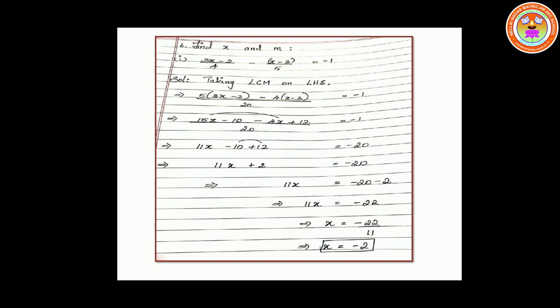Here in my left hand side, I have two constant terms. I am going to club them together. So minus 10 plus 12 is what? 2. So you have 11x plus 2 is equal to minus 20. Now this is a simpler equation. To find the solution, keep the 11x as it is. Transpose 2 to the other side, becomes minus 2. So you have minus 20 minus 2. When you add those, it becomes minus 22. Now transpose 11 to the other side, becomes minus 22 by 11. So when you divide by 11, it becomes 2. So therefore the value of x is what? Minus 2. So this is how you find it out.